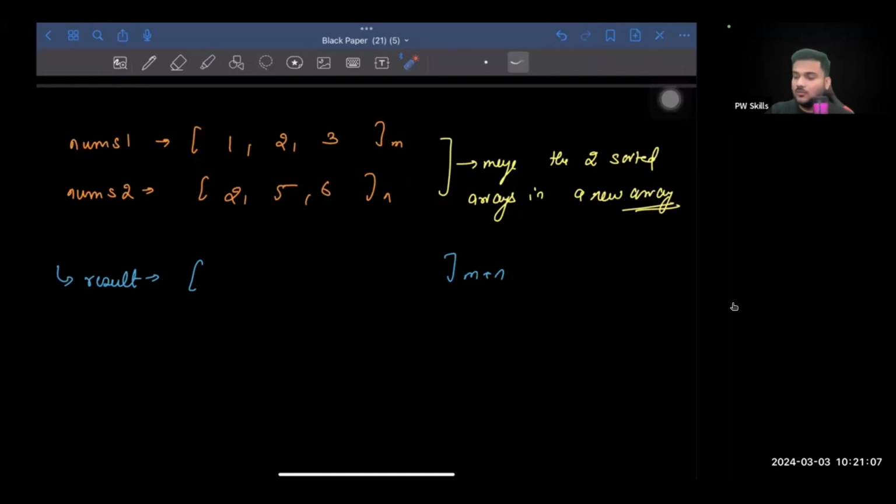Okay. Now, this m plus n length array is also going to be sorted. This is also going to be sorted in ascending order. That is also something that we know, right? That this is also going to be sorted in ascending order. If this is also going to be sorted in ascending order, then can I say